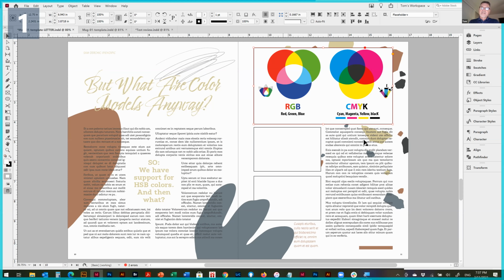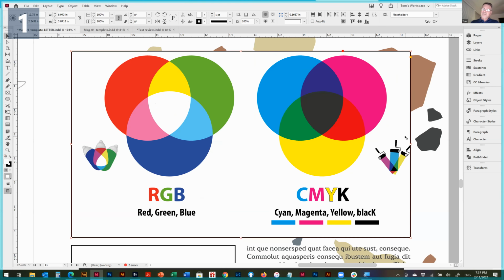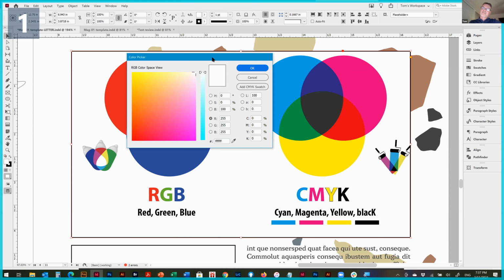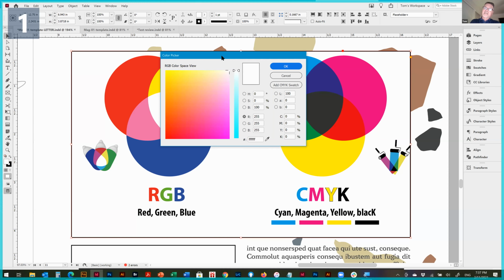So here's the RGB, which is a color model that all our screens use, the TVs and phones and everything. And then you have the CMYK, which is in many respects the opposite, which is what we use for print, right? And if I double click over here in the toolbox panel, that little swatch thing, you see that it will open up the color picker, which is very similar to the one you find in Photoshop. And now it's actually almost identical,